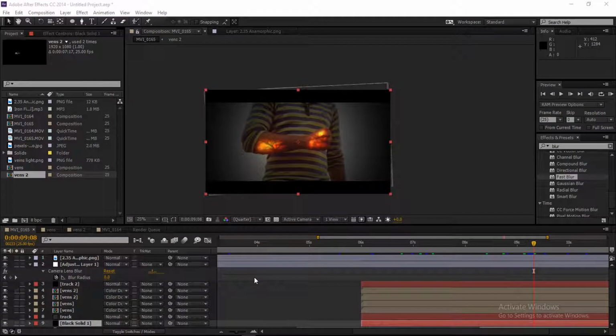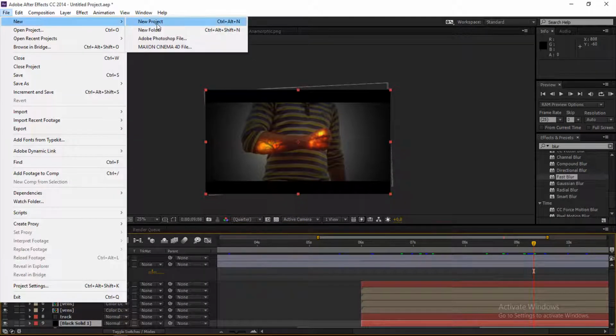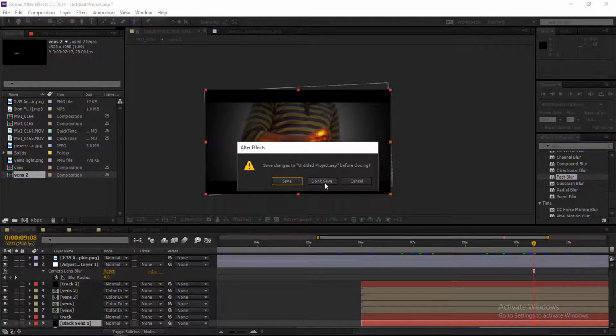So guys, it's a pretty cool VFX in After Effects, so I'm gonna teach you how to create this effect in After Effects. So let's begin. So what we're gonna do is create a new project file first. So go to File and create a new project file, and